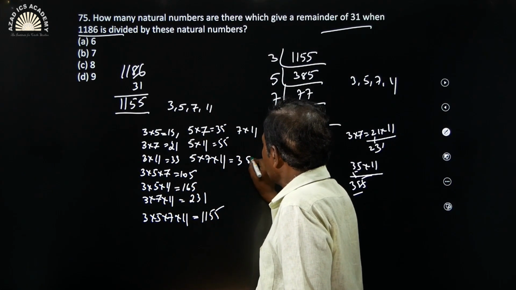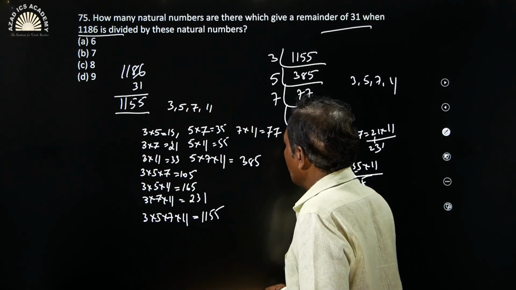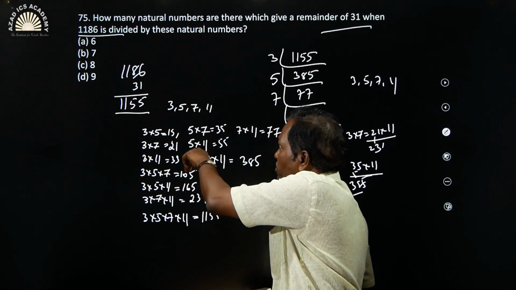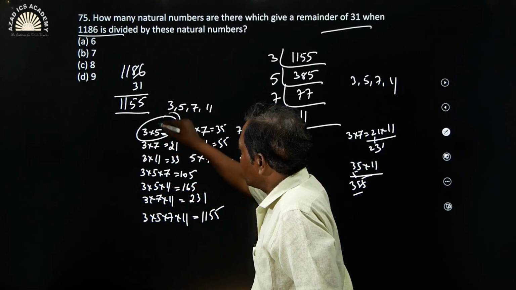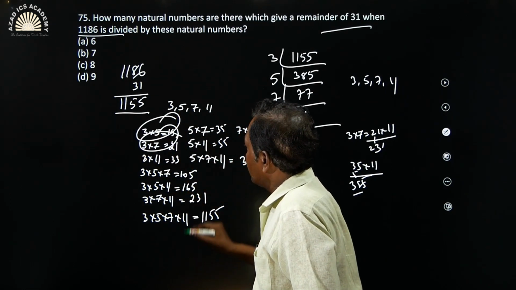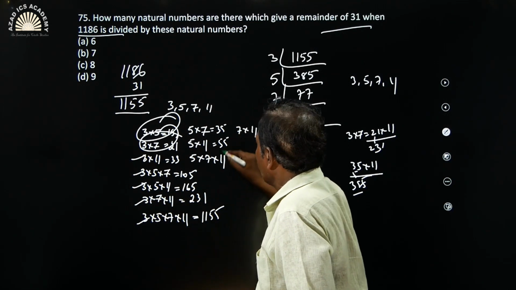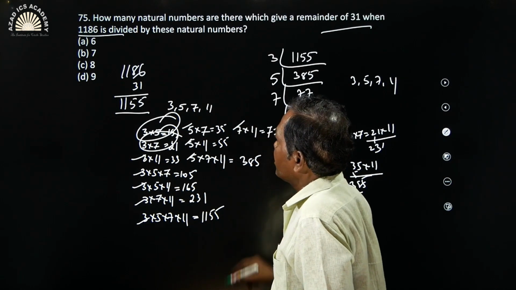This is 77. This is done. See how many numbers are there, but the remainder should be 31. The numbers should be more than 31. I think this is out. This is out. Yeah, this you can qualify. 2, 3, 4, 5, 6, 7, 8, 9. So 9